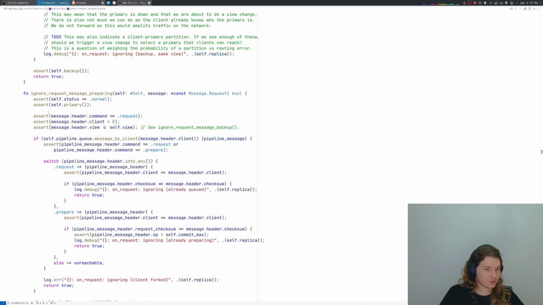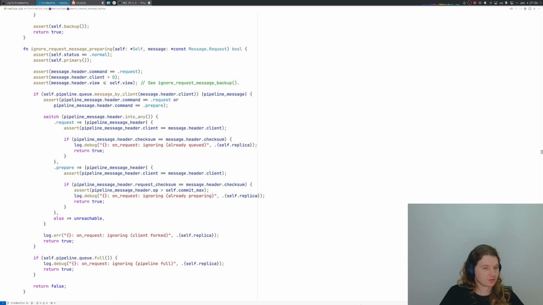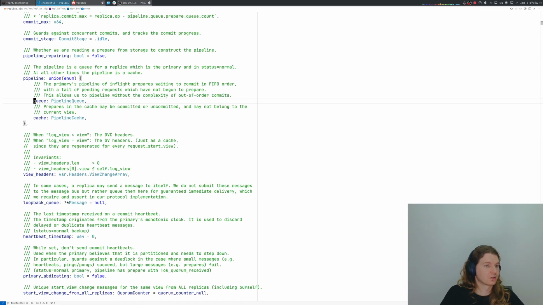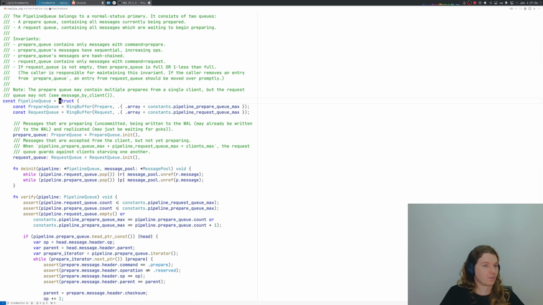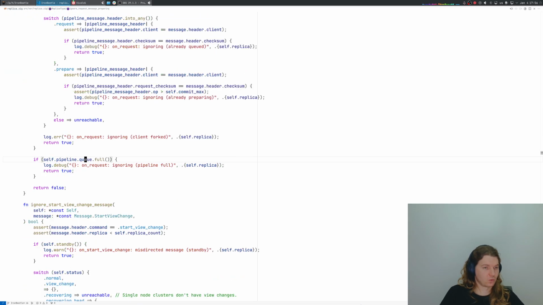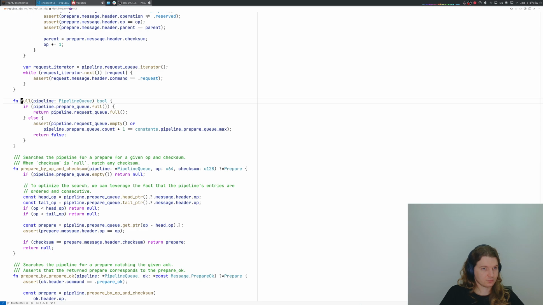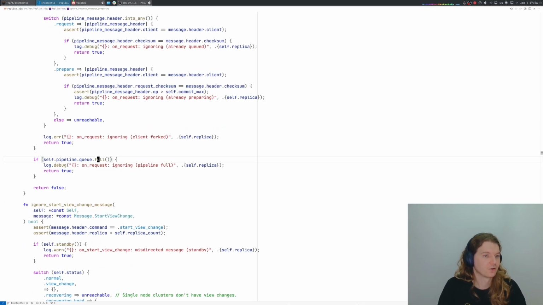No, there we check for backups. And here we check if we might already be preparing this message. Okay, this, I think. Okay, yeah. This is what I was wondering about. So this full method returns true if both the pipeline queue and request queues are full. So I guess